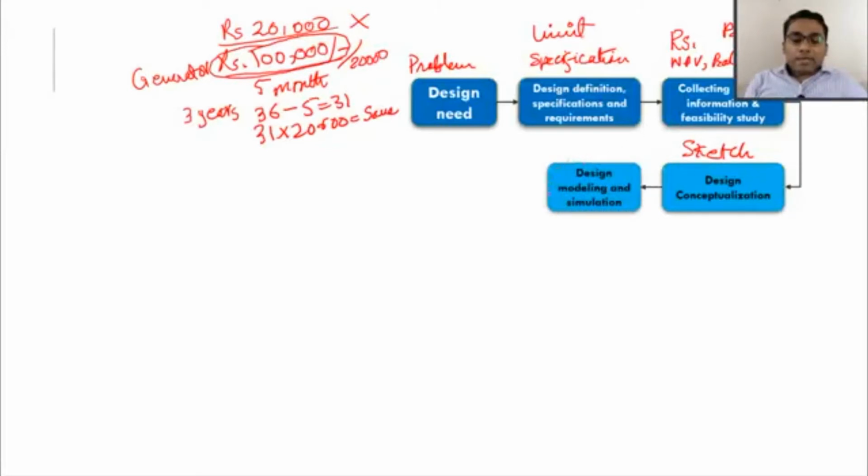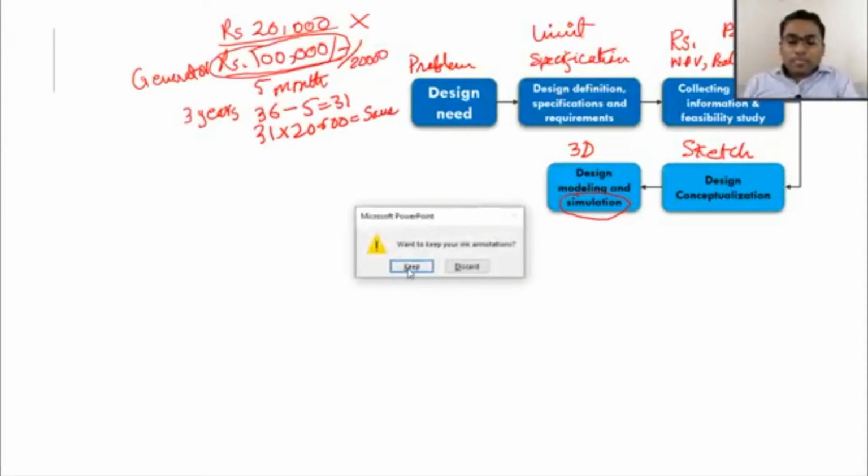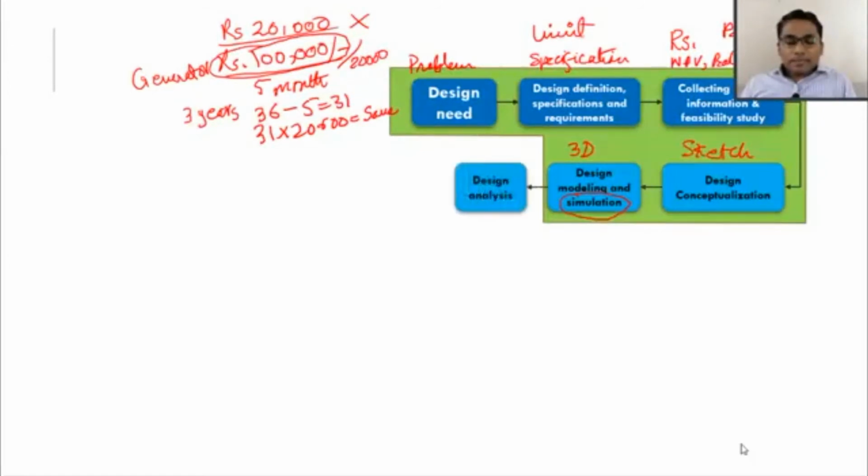The next step is design modeling and simulation. In design modeling, we model the design in a 3D model in CAD software such as CATIA, SolidWorks, or any other 3D modeling software. Basically, we look around it to see how the other views of this product will look and what the different features in it are. Then we do simulation. In simulation, we try to run that product through its mechanism, or we apply some virtual stresses to it, either in the form of thermal stresses or load-based stresses. Based on these 5 processes, we group them together to form the synthesis process.